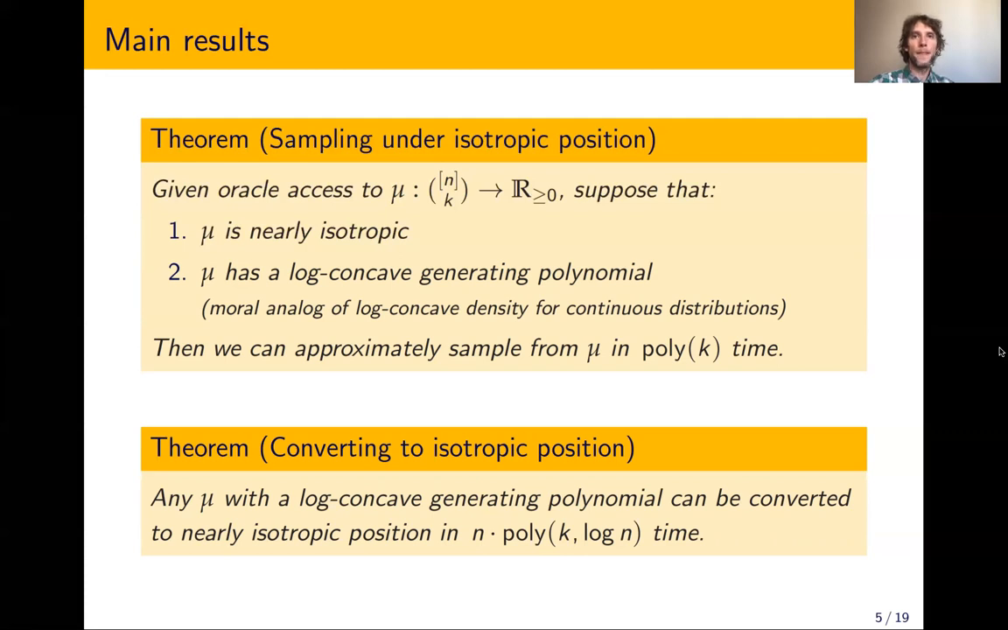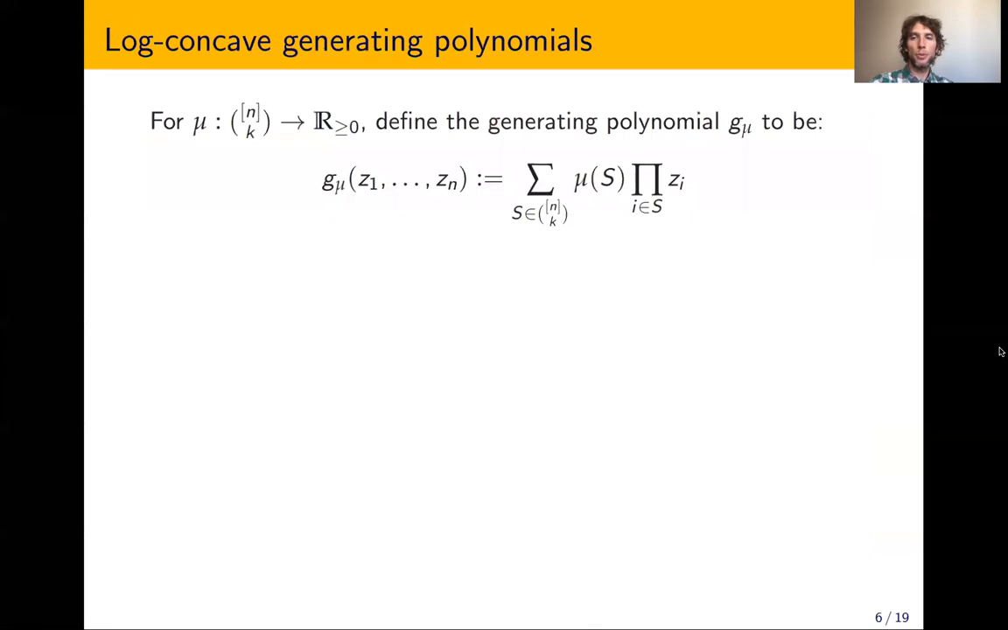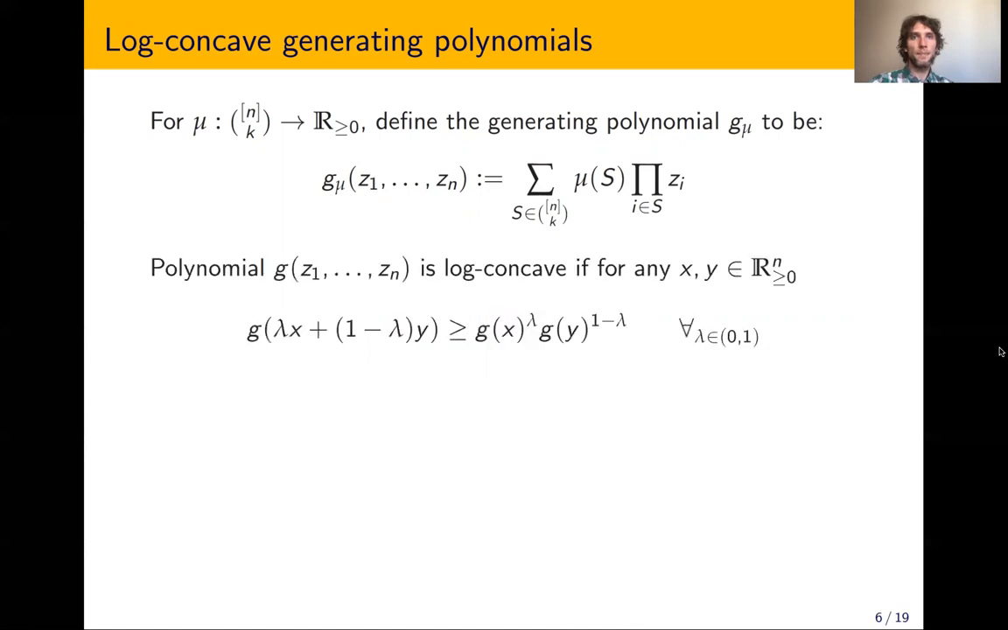A generating polynomial of a discrete distribution is defined so that each monomial represents one possible outcome, and each variable corresponds to an element of the ground set. These polynomials have proven remarkably effective in studying discrete distributions. In particular, recent work has shown that the generating polynomial of many well-behaved distributions satisfies the standard log concavity condition shown here. Two major classes of such distributions are determinantal point processes,